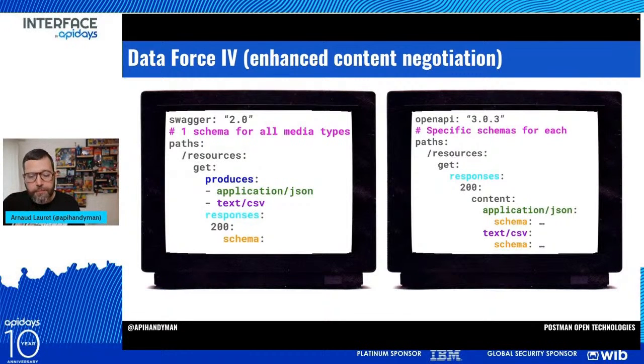Another improvement regarding data is that OpenAPI 3 has enhanced management of content negotiation. So in Swagger 2, you could say that GET /resource produces data which is in application/json or text/csv. The problem is that you could not define a single schema for both content types. With OpenAPI 3, the produces property has been removed,